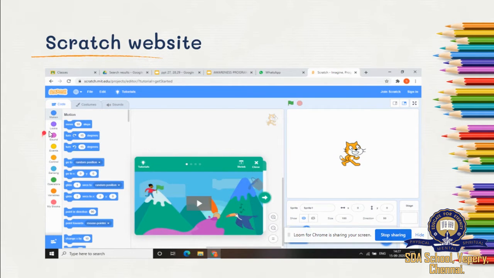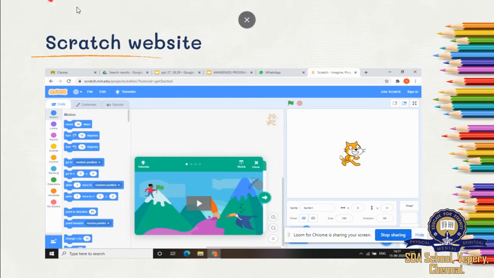Or if you go to the next one and select something and keep it here, suppose you select the cat to say meow, the cat will say meow. Then after that, if you select the cat to ask what is your name, it will ask what is your name. Likewise, you can create scripts so that the cat acts according to your script.